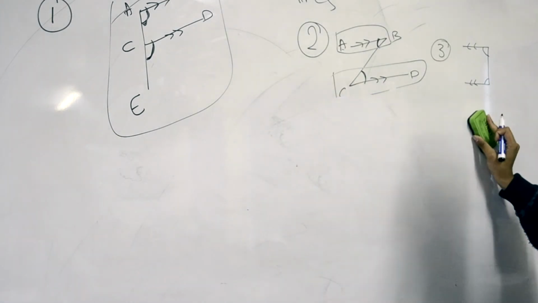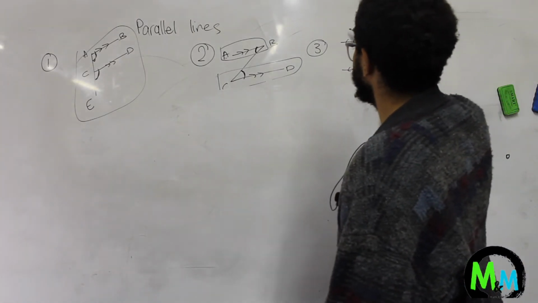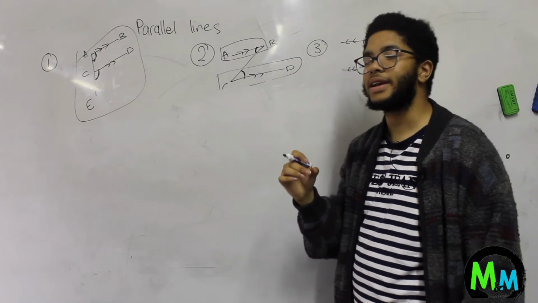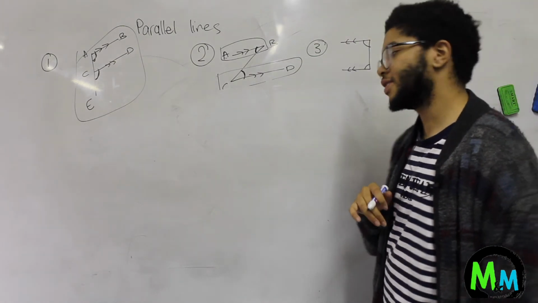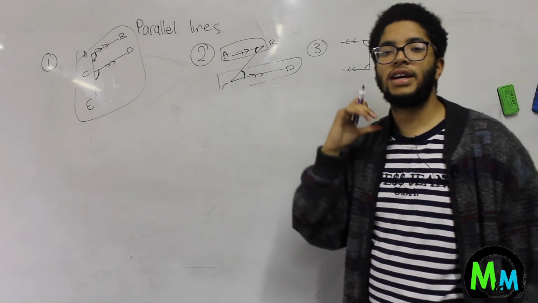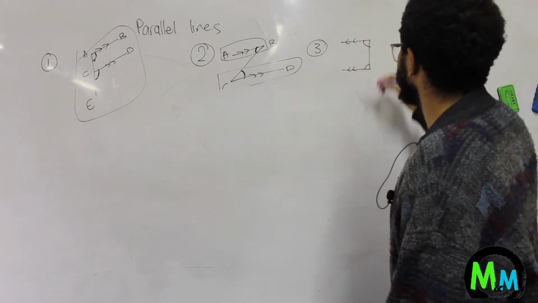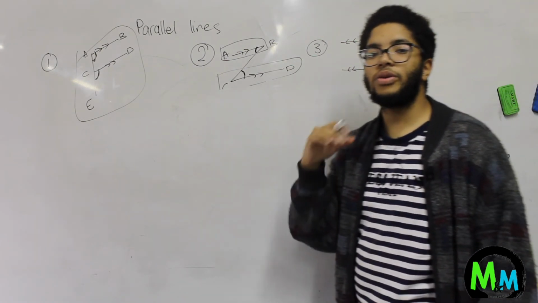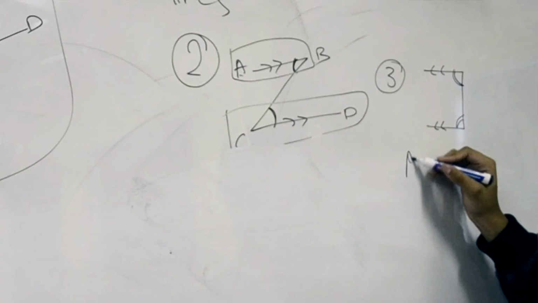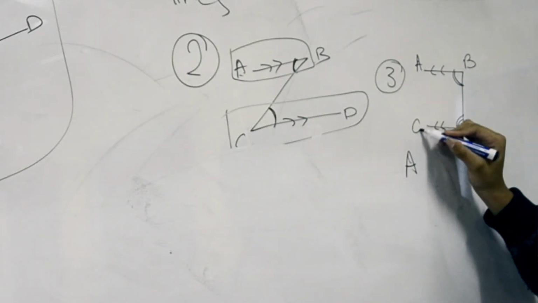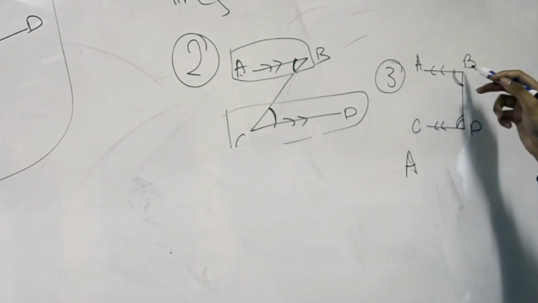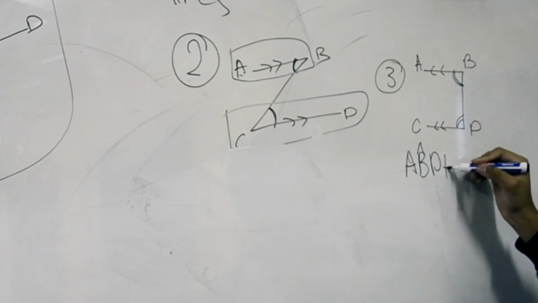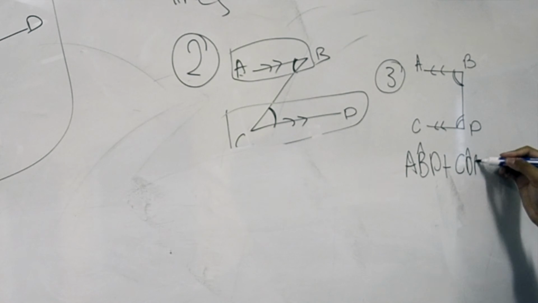Our last one is a bit different. We are working with co-interior angles, and co-interior angles are supplementary. If you remember from one of our previous videos, supplementary angles are angles that equal 180 degrees. So our angle over here and our angle over here add together to equal 180 degrees. So if this was ABCD, once again we'd see line AB is parallel to line CD,